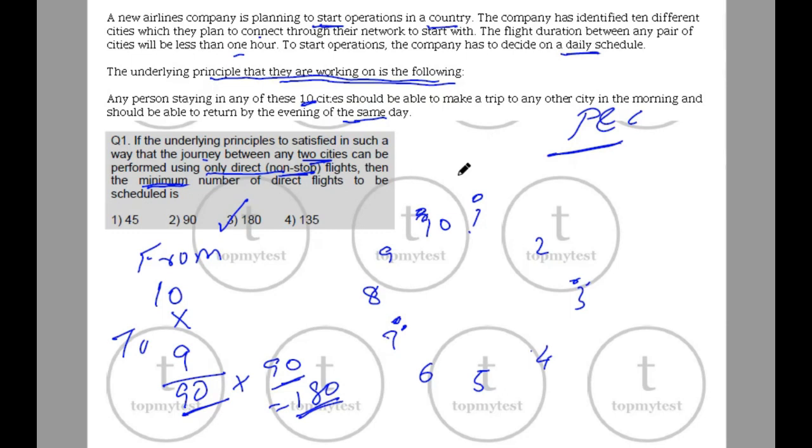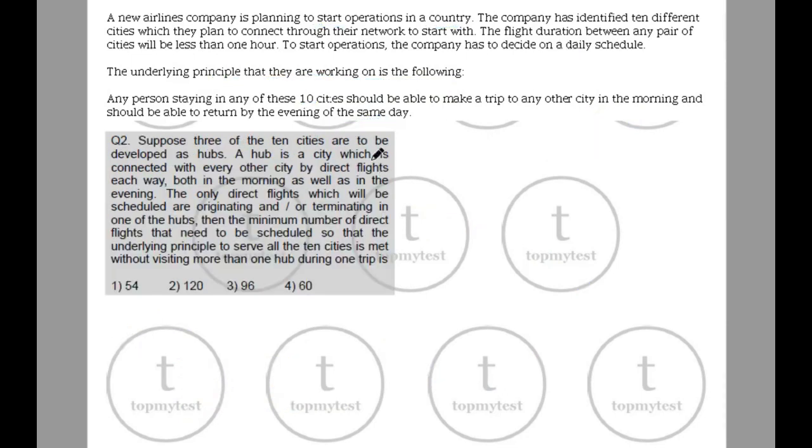Let's look at the next one. Suppose 3 of the 10 cities are to be developed as hubs. A hub is a city which is connected with every other city by direct flights, both in the morning as well as the evening. The only direct flights which will be scheduled are those originating and/or terminating in one of the hubs. Then what is the minimum number of flights required to be scheduled so that the underlying principle to serve all the 10 cities is met? Now you have